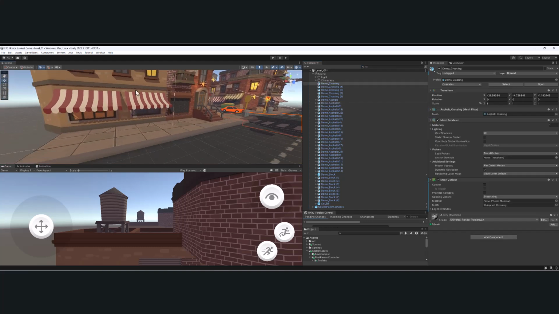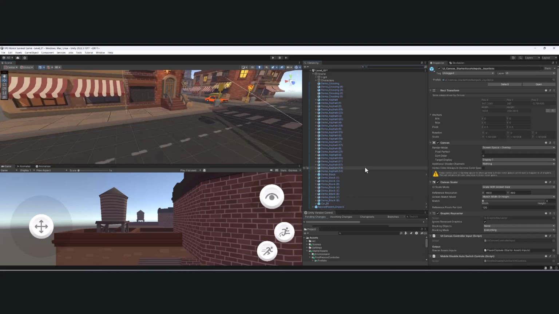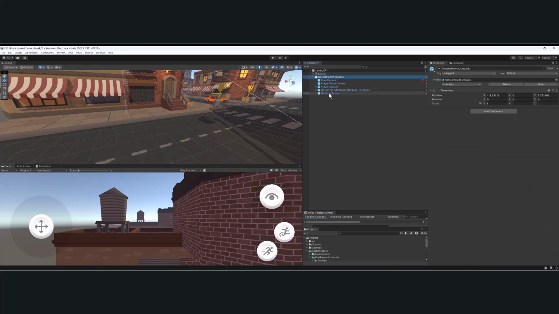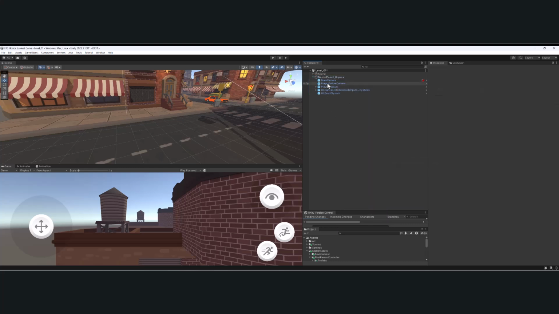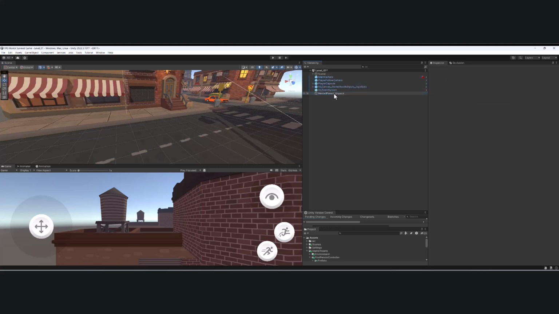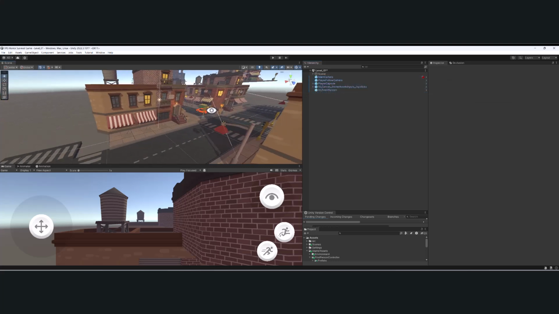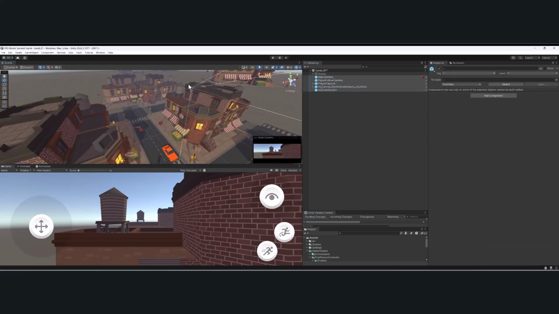And hopefully that worked okay. And then in our nested prefab here, let's close this out, what we want to do is unpack this so we can grab these elements and remove them. So I'm going to right click on this, go to prefab, and hit unpack. And then I'm going to grab these elements here and just uncheck them, and then I'm going to delete this nested parent unpack. Now what we have is, if I select all of this, you can see there's my character,